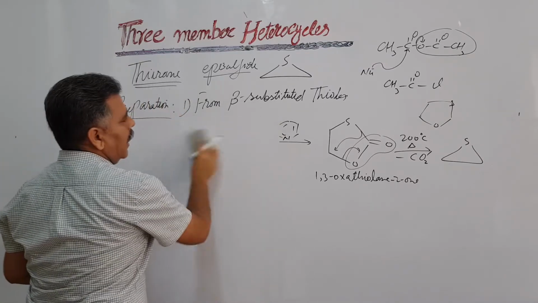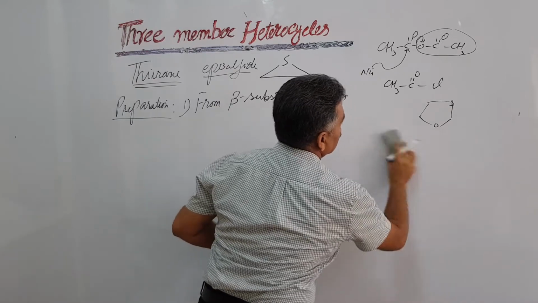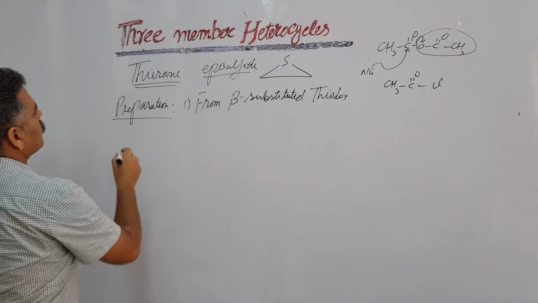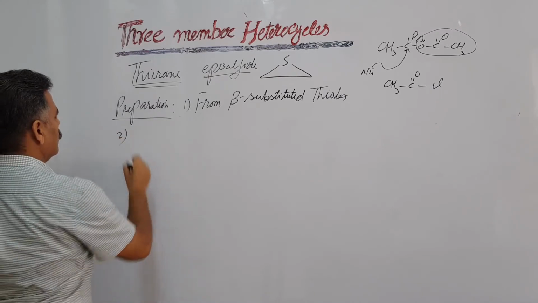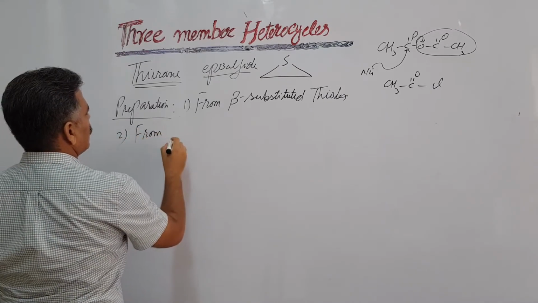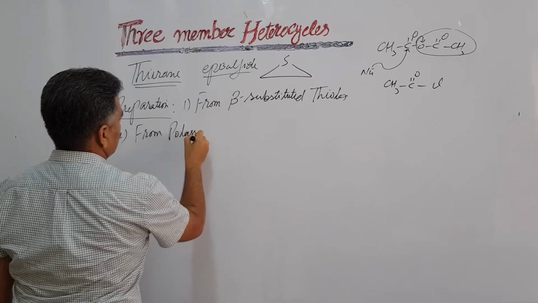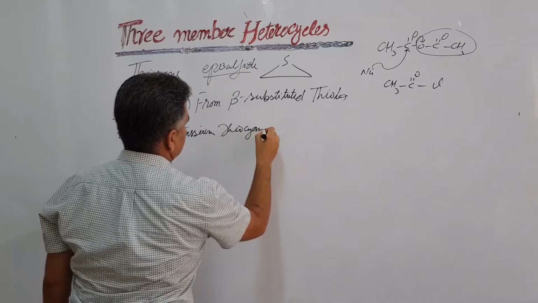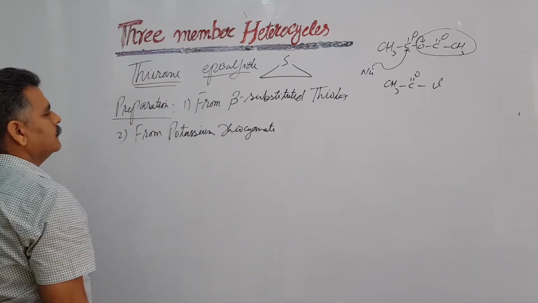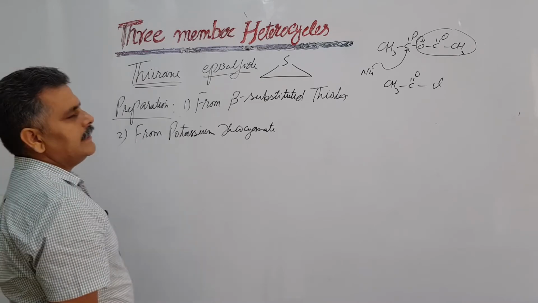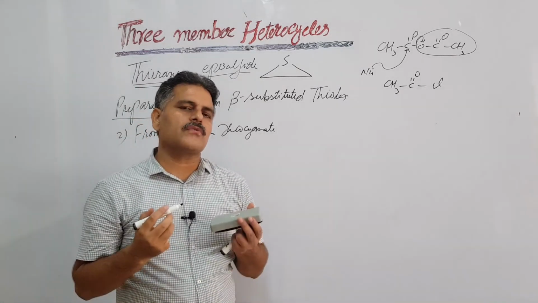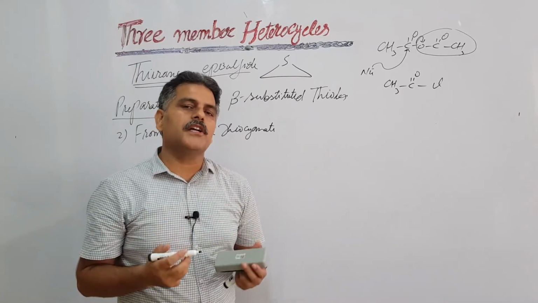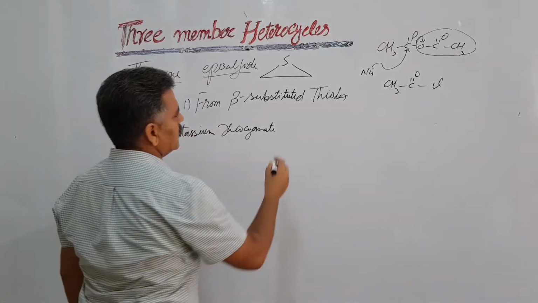So all these are beta substituted thiols. So next method is from potassium thiocyanate. So this potassium thiocyanate, this reaction is actually a ring transformation reaction in which three-membered oxirane is converted into Thiirane. For example, this is also known as